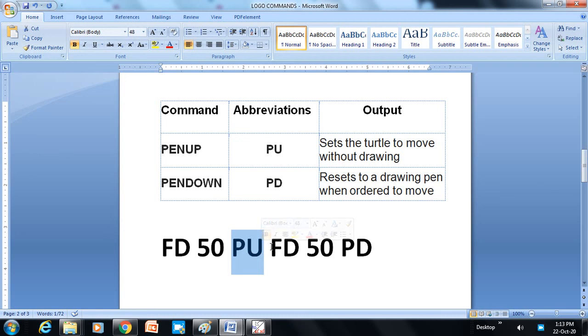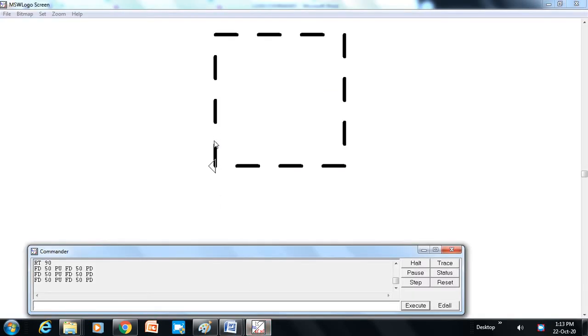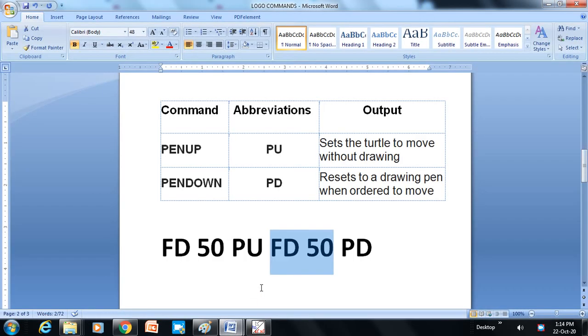Now I have given FD 50, which means the turtle will move without drawing any line. This gap is created by this command. Because of PU this gap is created. In the last I gave the command PD, so that the turtle can draw a line again.